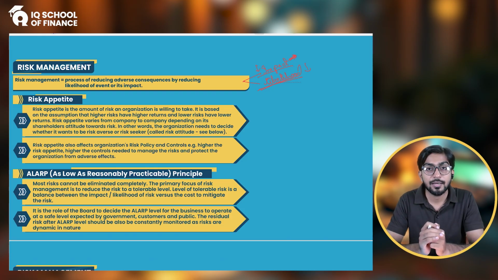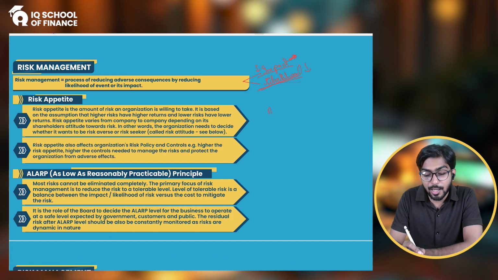For example, let me give you an example. There is an account receivable which your company has. This is an account receivable of $100, and this account receivable will pay you 10 days late. Obviously, when the account receivable is paying you 10 days late, we all know there is a cost of capital. Due to this 10 days delay, you would face capital issues, liquidity issues, cash flow issues. So there is a cost due to this, and this is your risk, right?